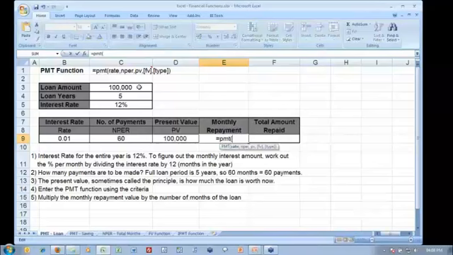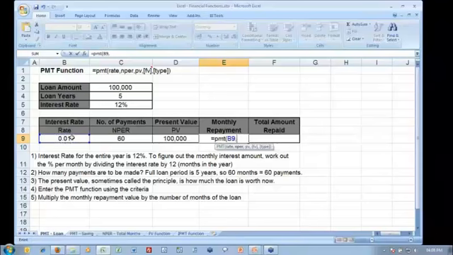I've already got that set up in cell B9, and this is one of the reasons why setting up a table like this helps you build your formulas, so you can simply point to other cells rather than having to type in values. The advantage of that is if you need to start looking at different scenarios, just by changing other cells, everything else will update. I'll give you an example of that in just a moment. So let me select my interest rate,